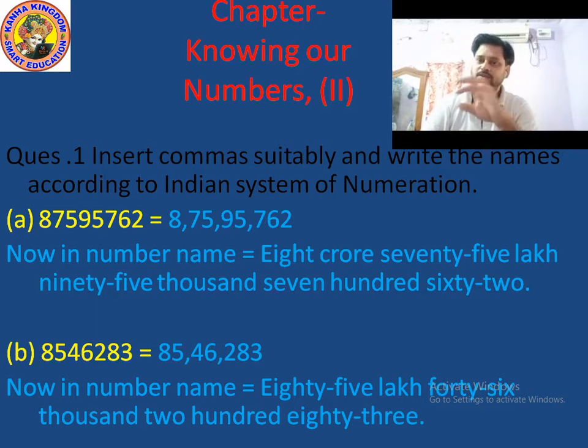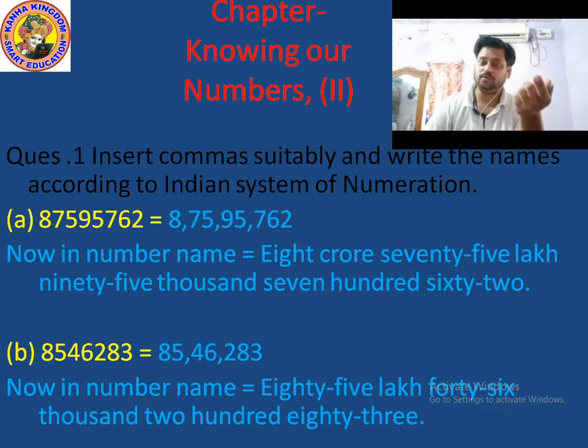and you all understand your ones period is completed, and after the ones period comes the thousands period, and in the thousands period also 2 place values. What are they? Thousands place and ten thousands place. Okay, so after 7 which digit comes? 5. So 5 is in the thousands place, and after 5 comes 9. 9 is in the ten thousands place. So make another comma, because in the thousands period there are only 2 place values.